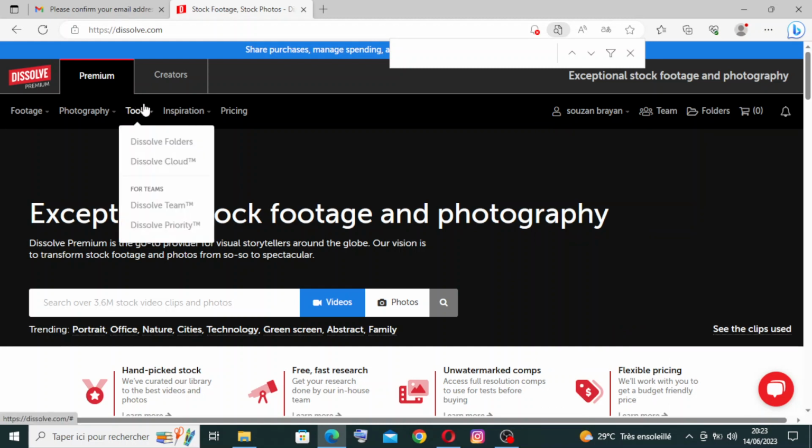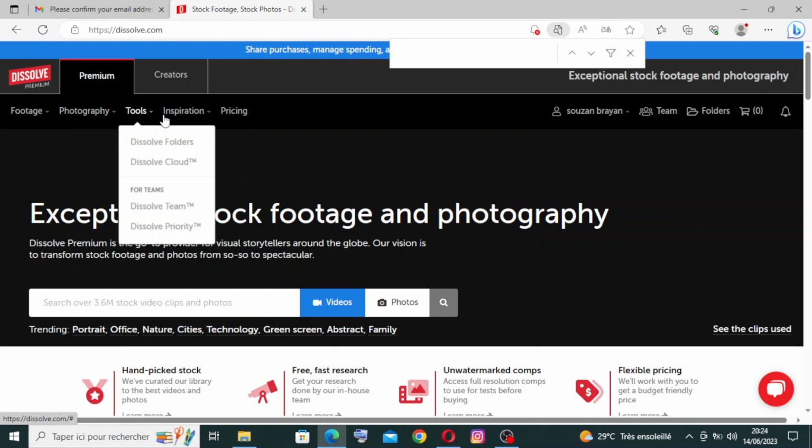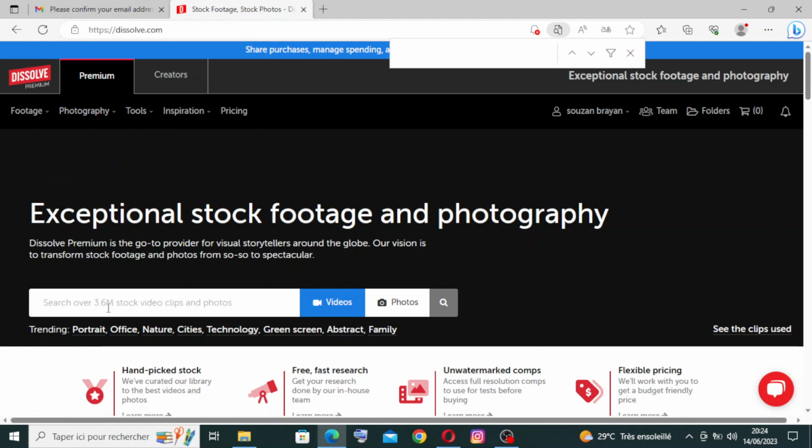And for the tools and footage and photography, it's called curated and exclusive content. Dissolve curates its collection to ensure top-notch quality and relevance. They feature exclusive footage from talented contributors, offering unique and distinctive content that stands out. For example, if we search the photos, and if you have anything specific in your head and you cannot find it in the collection here, you just need to write it here,